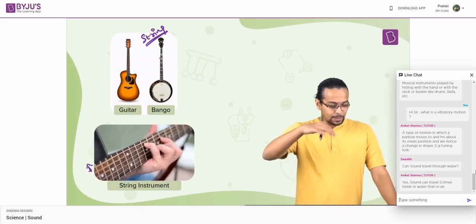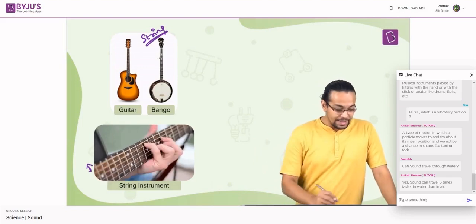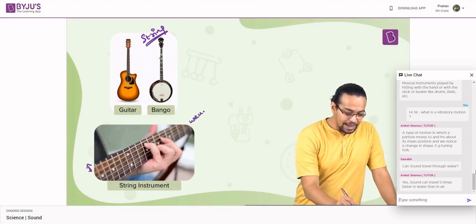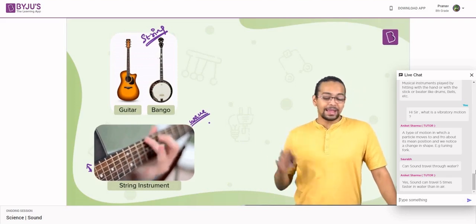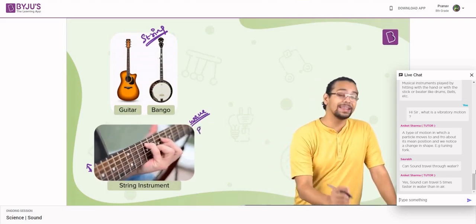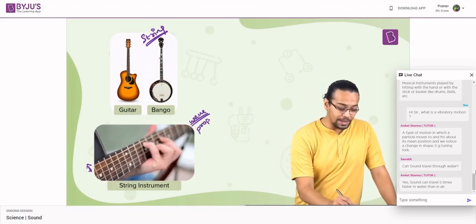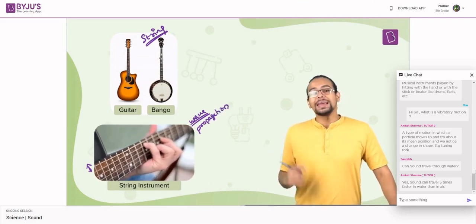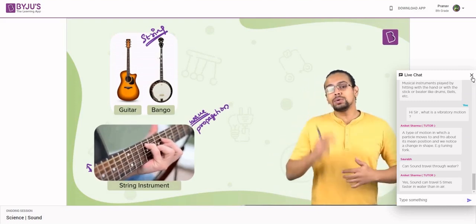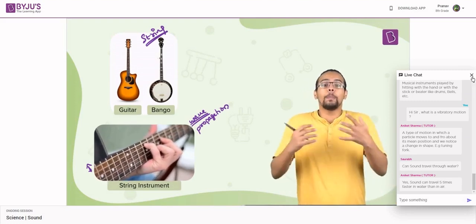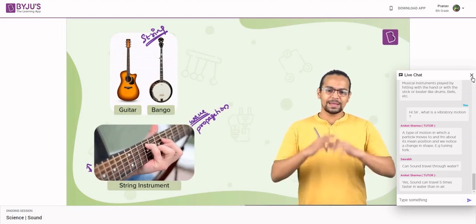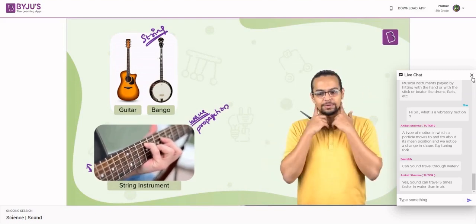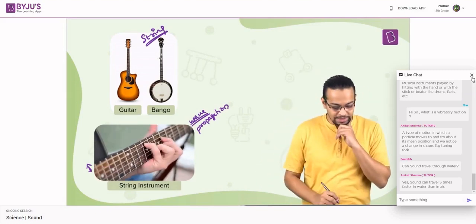And there's something that seems to be flowing along them. That flowing motion is known as a wave. And that movement of the wave is known as, I think I already introduced this to you, propagation. All right? Now, this string instrument as such uses the fact that the string propagates waves, and then something happens and air lets us listen to it. We'll see what that is in a little while.